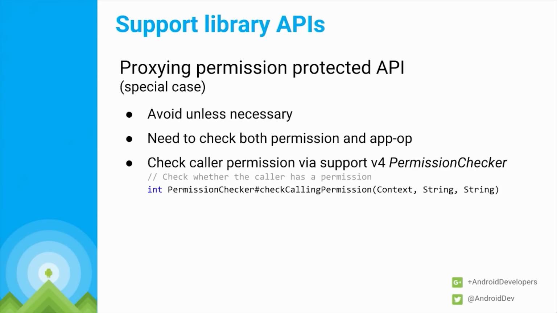And this is kind of an edge case which I really wanted to point out, for proxy permissions. This is, again, very much an edge case. Usually this happens when, say, I have an app that has access to contacts, and I decorate contacts. So for every contact, I'm adding a smiley face, for example. And so when an app is asking me, I have the contacts permission, I have access to all the contacts, but if an app is asking me, hey, give me the smiley face contact, I need to verify whether this application has the contacts permission in the first place,